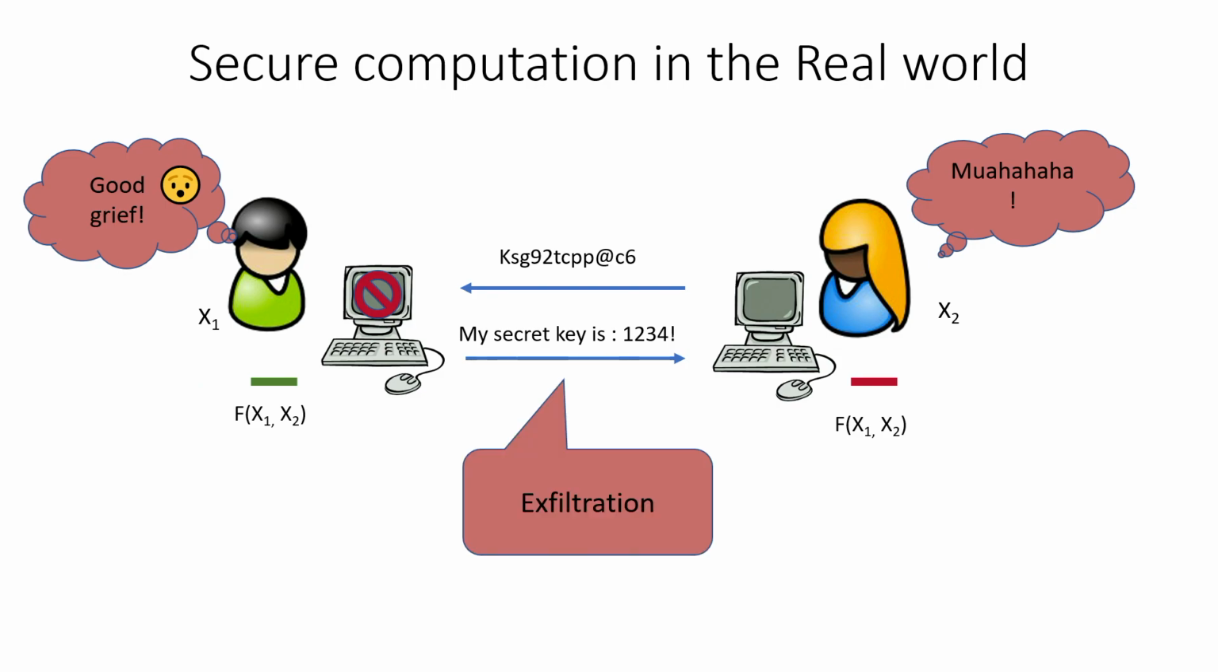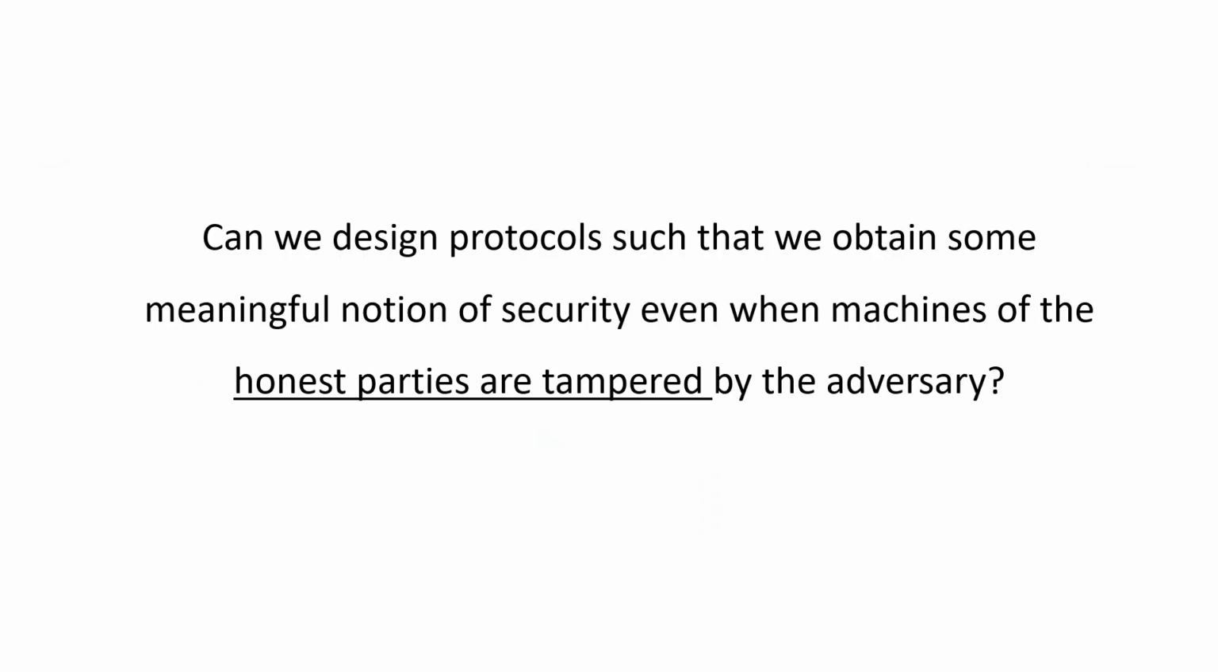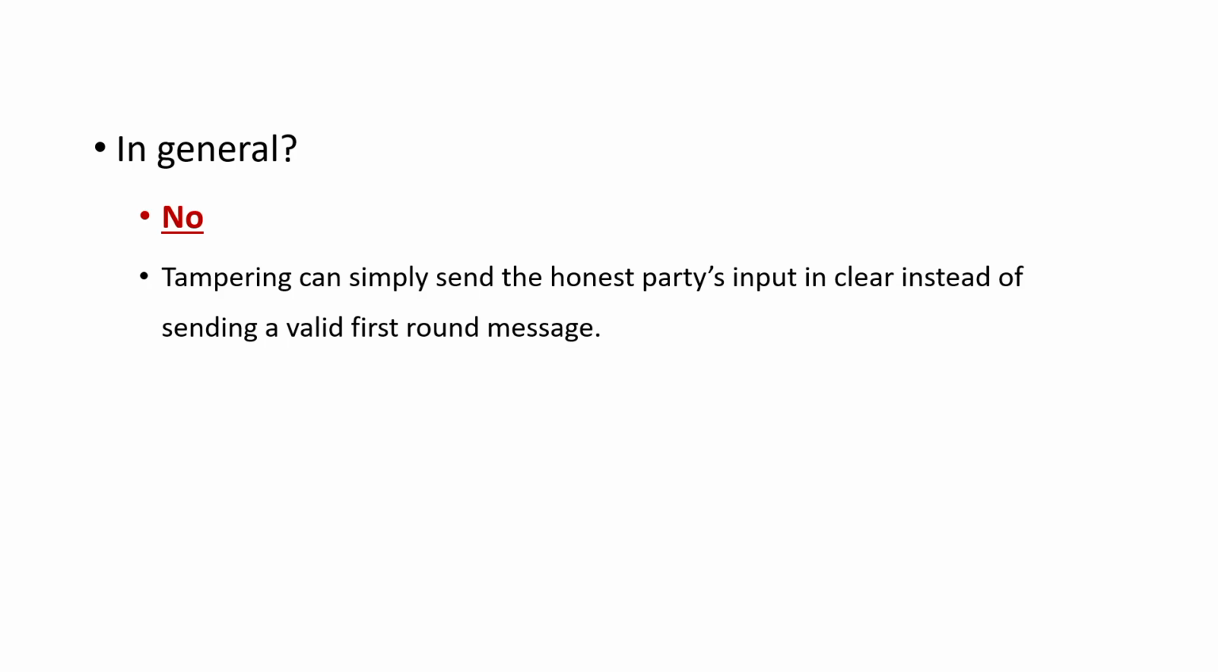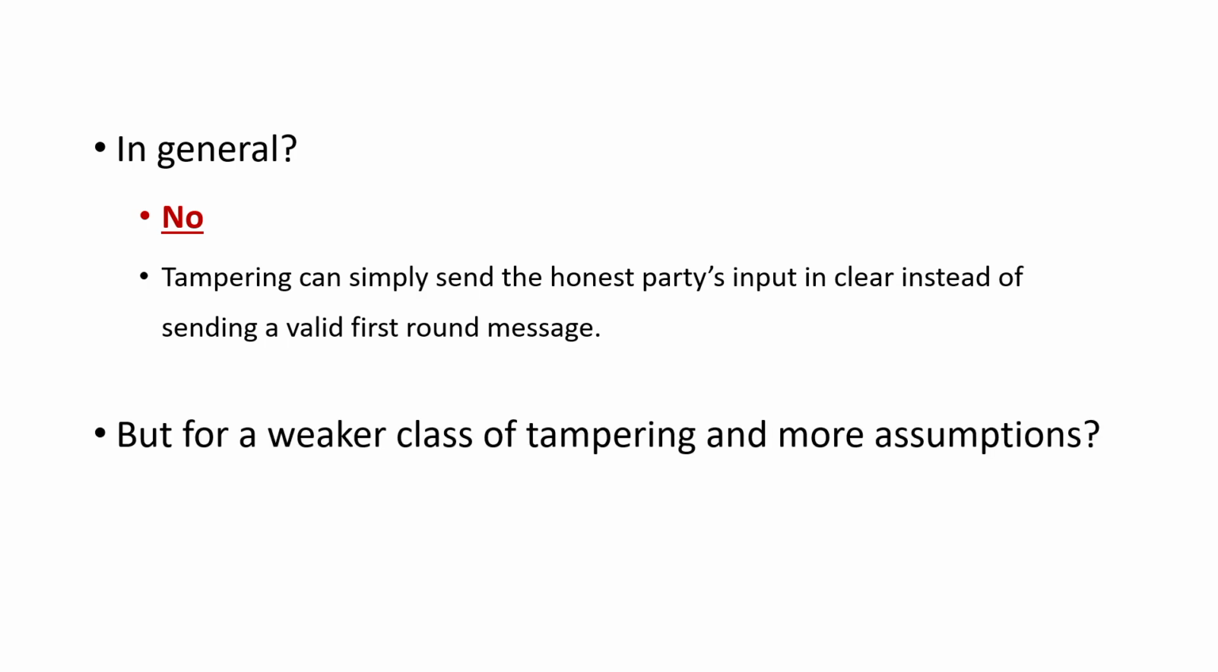This kind of leakage is called exfiltration, and the question we ask in this work is, can we design protocols that give us some meaningful notion of security in the presence of malicious parties as usual, but in addition when the honest parties' machines are also tampered with? In general, there is nothing much we can do about it in the presence of arbitrary tamperings, because a tampered machine can simply reveal an honest party's input in the clear instead of sending a valid first round message. But if we make some assumptions about the model and consider a weaker class of tamperings, we can indeed get